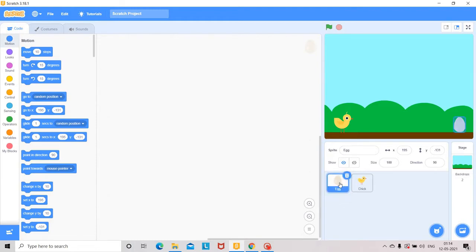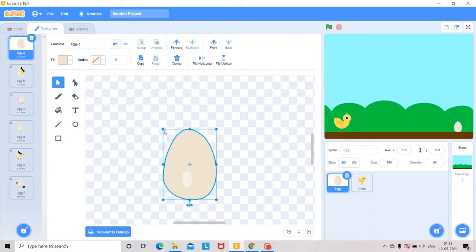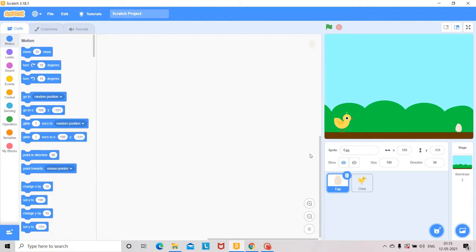So I am selecting this one and going to costumes. Click on costumes, then you resize the image like this. Then you go back. Here the size of the egg is decreased.